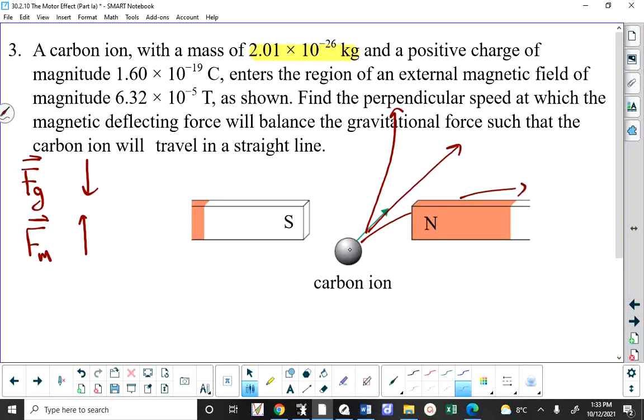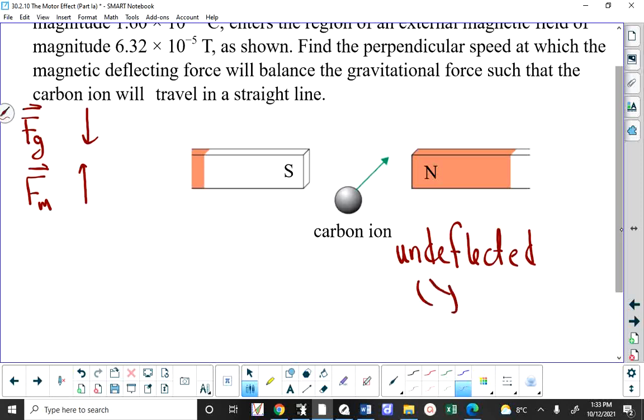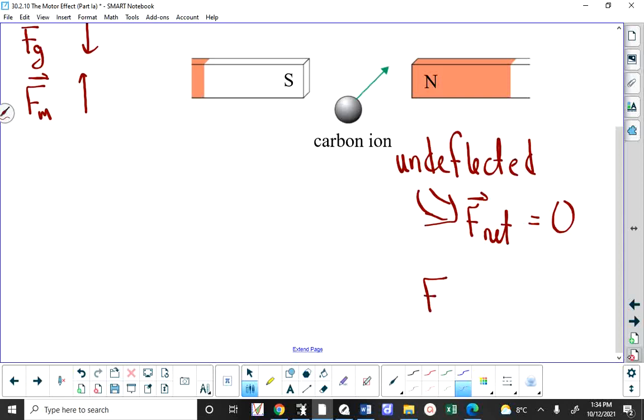Right? So the idea here, and what I'm about to explain, is just as important as getting an answer to this question. The idea here is that if it's undeflected, then what that means is F net is 0. The net force is 0. And the only way the net force to be 0 when you have these two forces that are in opposite directions is if the magnetic force,